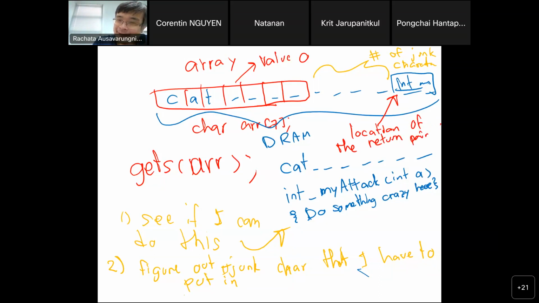Because when you have a function call, when you finish the function call, you go back to the code that called that function, right? But now you do what? Can someone tell me what just happened here?